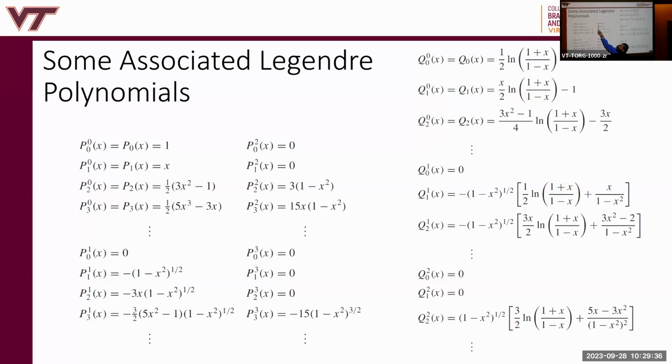Now here, when m is equal to 2 and n varies from 0 to 3, we get these solutions. We can construct these from the ordinary P's using the formulas on the previous slide. Here, when m equals 1, and m equal to 3. So you have 0, 1, 2, and 3 for m, and 0, 1, 2, 3 for n. You have all these polynomials. There are more. You can get these on Wikipedia, or you can construct them using that formula on the previous slide, or in the back of your book. It's probably the best place to find them. And here are the Q's, right? These are orthogonal polynomials in theta. Very nice.